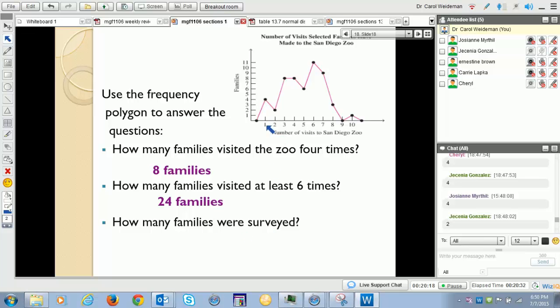How many families were surveyed? So again, you're going to have to look here. How many families were surveyed? Add them all up. So you know this is 24, right? So all you have to do is add the remaining numbers. So 24 plus 5 is 29. That's not 5. 24 plus, this is 6. 30, 38, 46, 50. Looks like 52, I think. I got 52. 52. Yep, got some there. Okay, good. All right.